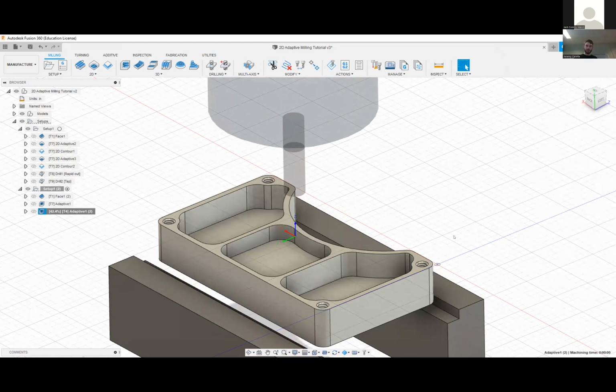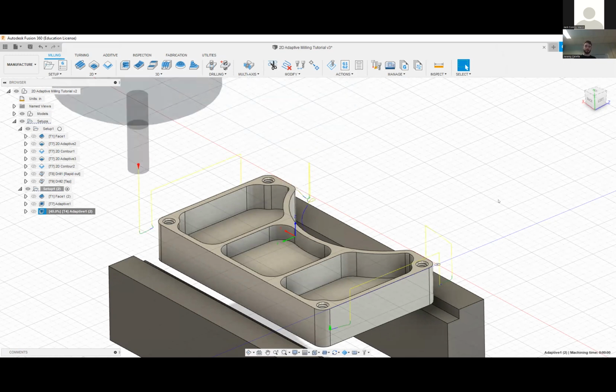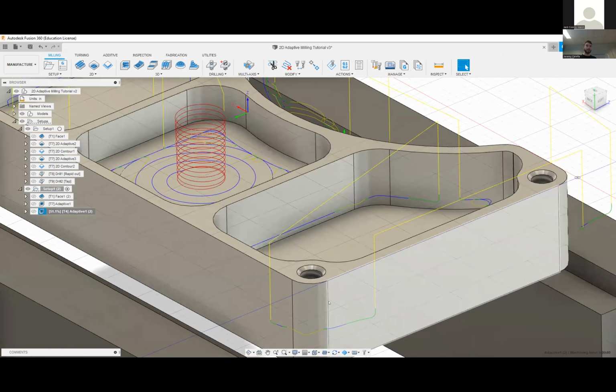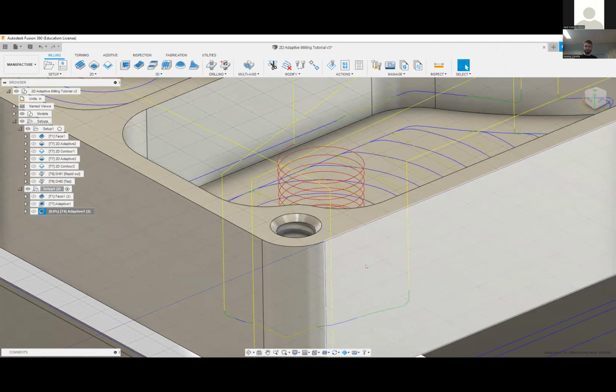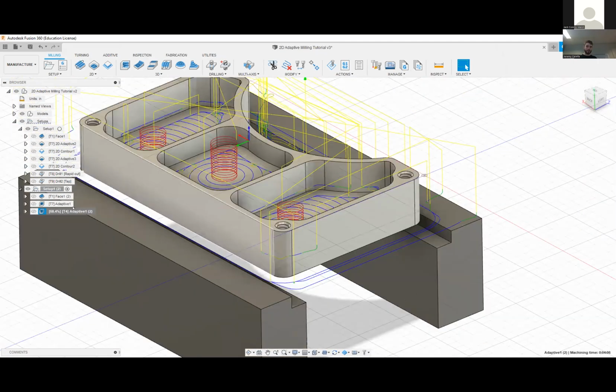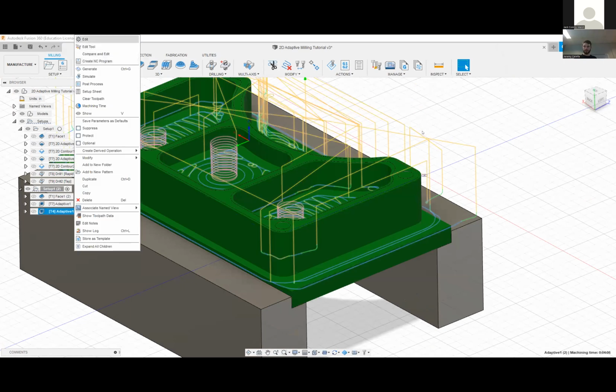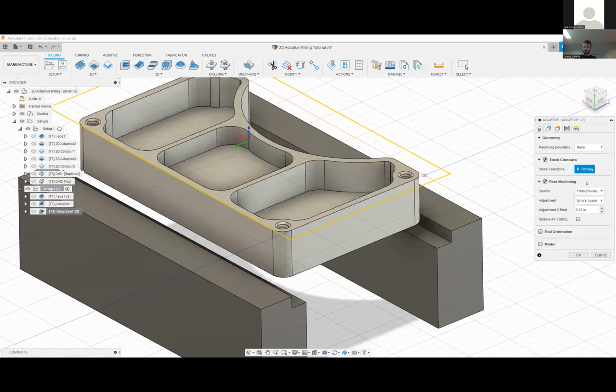You'll see it's just gonna go back and it's gonna hit those corners for me, and that's all. So it found some stupid area here where it thinks I didn't cut. So be it. Oh, it redid everything. Let's see if I can fix it. Ready? We'll go to here. Rest machining. Ooh, from previous operations. Well,